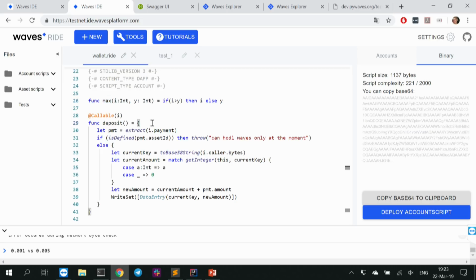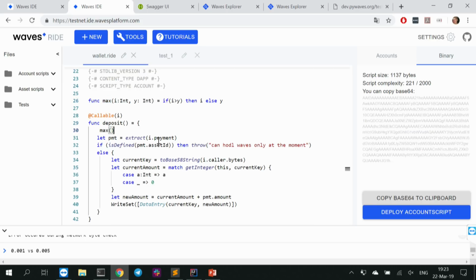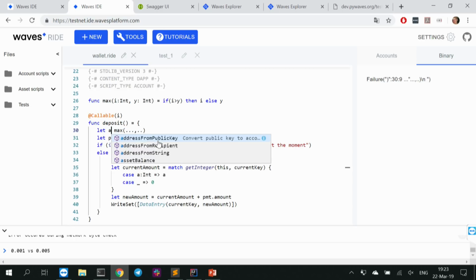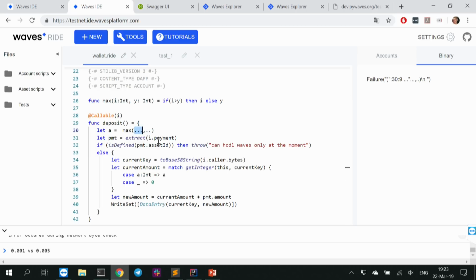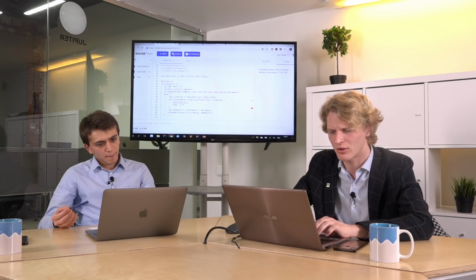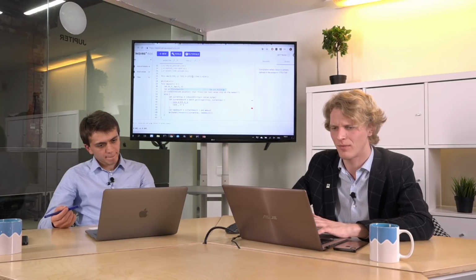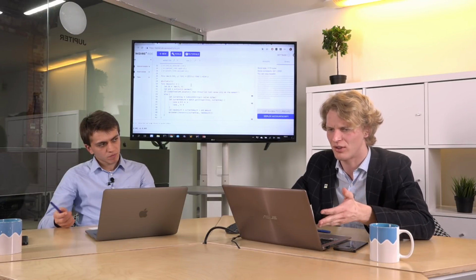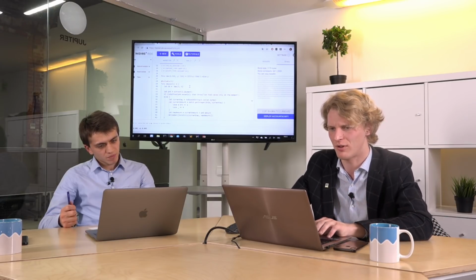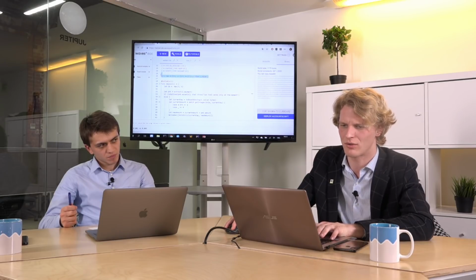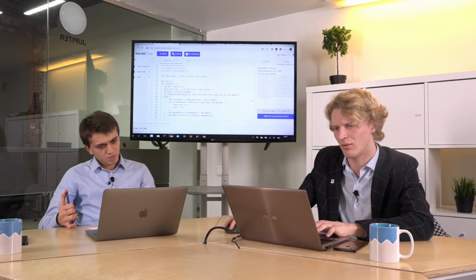You can use them everywhere if you want. So you can define a function which is not callable. It is not a verifier, but you can use it in other functions, like in a usual programming language. It also means that you can define a function inside a function. Let's define some other function here, called min, whatever.